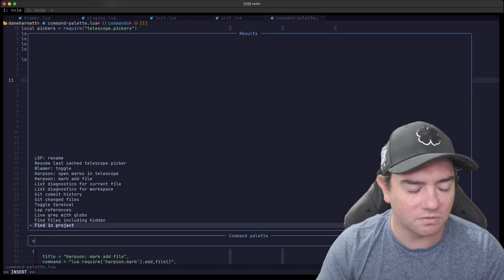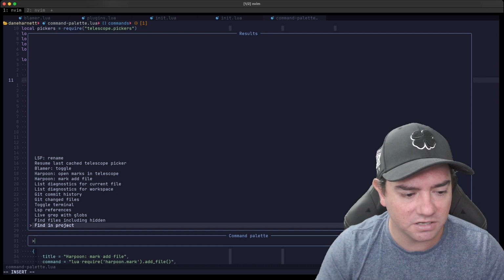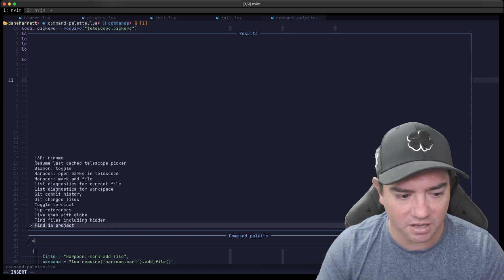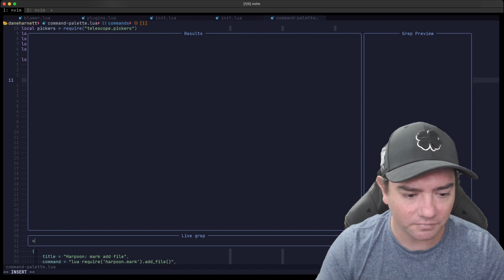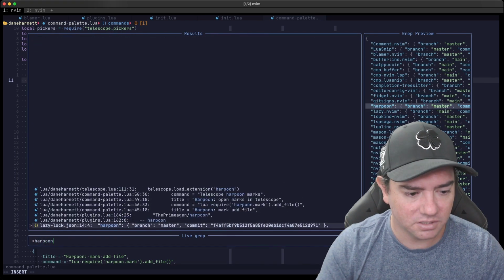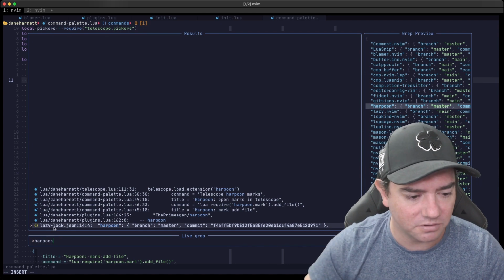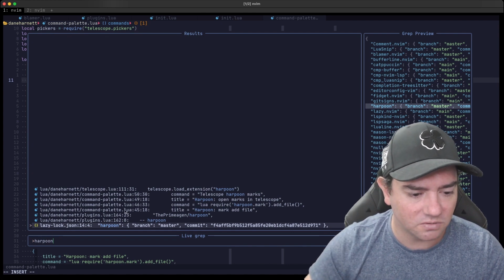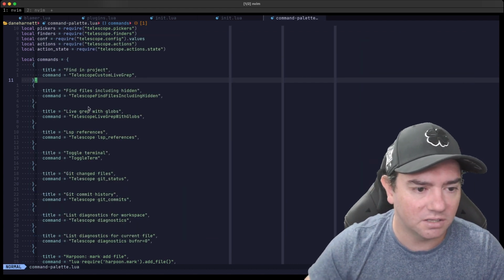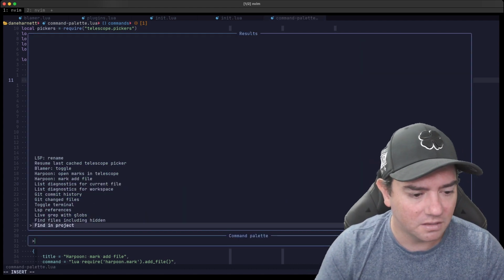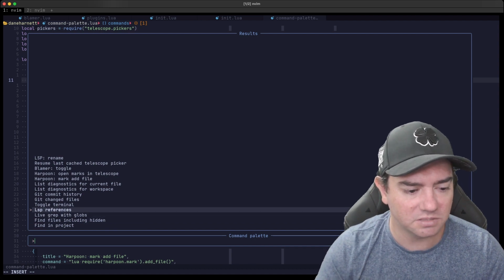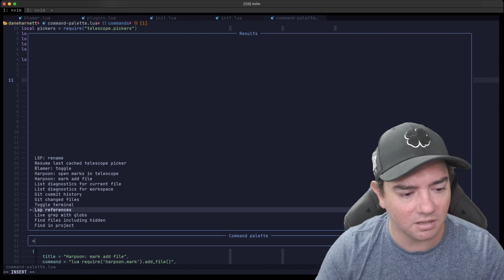These are all of the commands that are defined. Find in project: I want to look for any string inside the whole project. Let's just search for Harpoon. We can see there's a mention of Harpoon in lazy lock, plugins Lua, command palette, and telescope Lua. So that's find in project. And then I've got find files including hidden, live grep with globs, LSP references, which opens